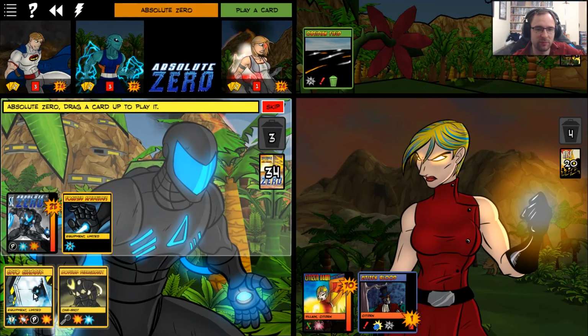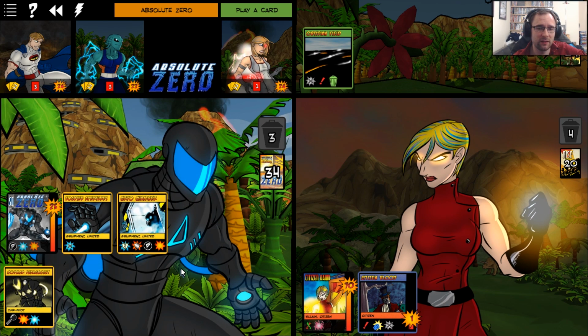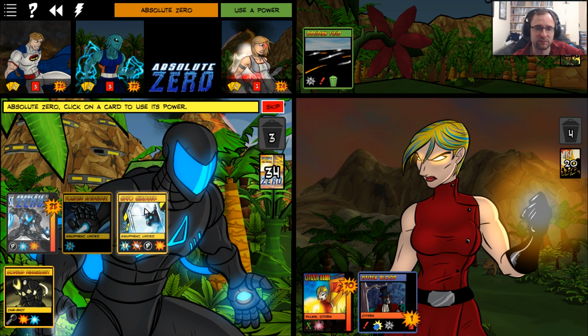Can't really use that. So I'm going to play Cryo Chamber, which increases damage dealt to Absolute Zero. Yeah, cold damage dealt to Absolute Zero is increased by 1. Fire damage dealt to Absolute Zero is reduced by 1. Again, that's really helpful, but